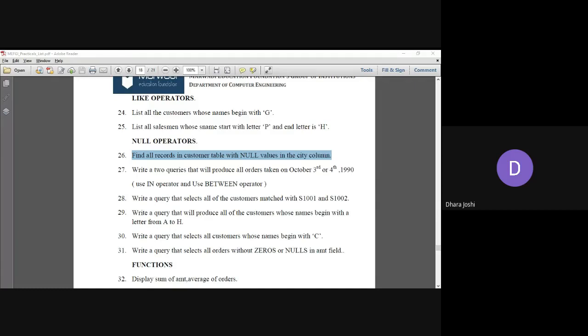We need to find all the records in the customer table with null values in city. So we are using the table customer, and the city value should be null. This is a hint for solving query number 26. Reply here with your answer.